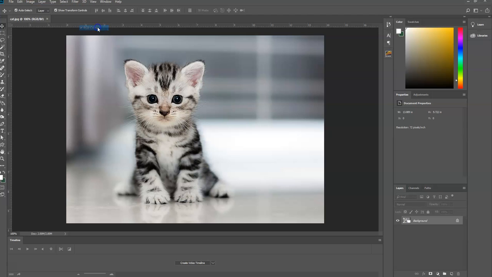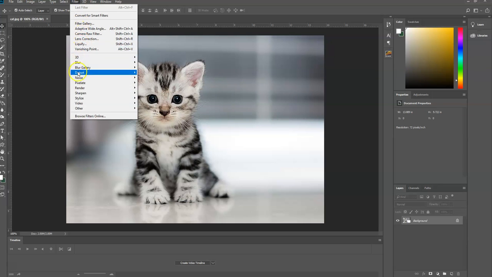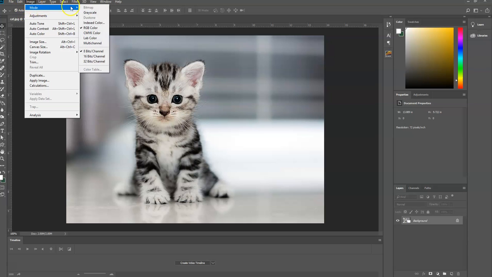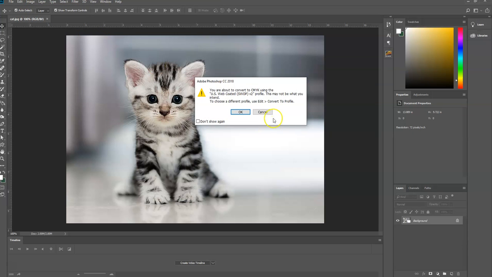So if I go into RGB color here, if I go to filters, all these filters that are available in Photoshop normally are all blackened in because they're available. If I go to image mode and I change it to CMYK, watch what happens. I'm going to get this. It'll say you are about to convert to CMYK using the US web-coded swap v2 profile. This is what happens in Photoshop to basically give you a little bit of a preview of how the color changes when it becomes printed. CMYK is used for printing. So when I click OK,